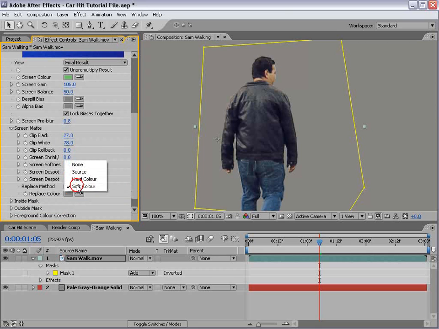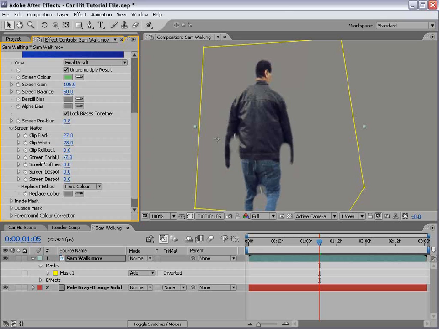Change the replace method to hard color. And that's just going to change the way the edges are blended together, because the source, you'll see a little bit of green spill around the edges, but the hard color sort of mixes this gray together and creates a nice tone to the edges. I'm also going to change the shrink amount to negative 0.25, and that just kind of shrinks the edges